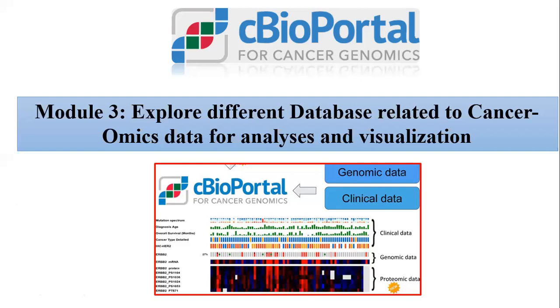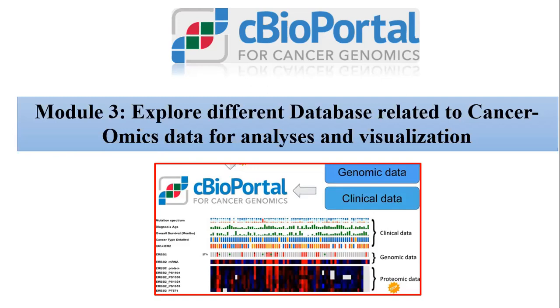This particular portal is also a very important platform where you can get a very nice visualization with respect to omics data. The clinical data, genomics data, even the proteomics data is also available with respect to its clinical data sets. So whatever we have seen in the GDC portal regarding how to analyze and visualize those data sets, the same set of data we are going to see in the cBioPortal.